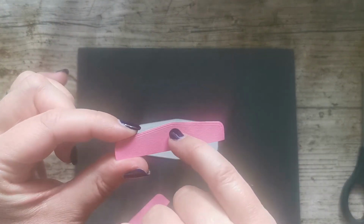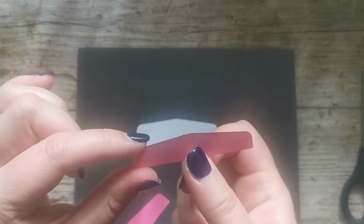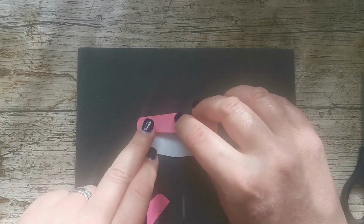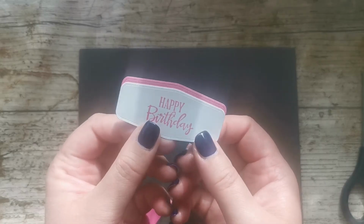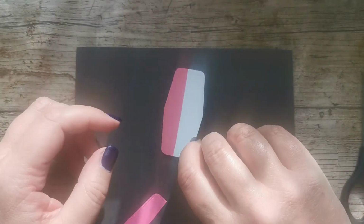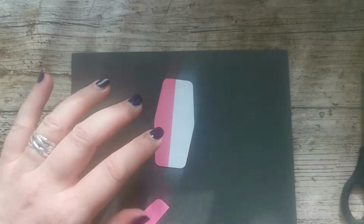Now with this beveled edge here, make sure that you have that showing on the outside. So you need to be sticking it down like that. Just do one at a time. Stick that down, then turn it around. And I've actually got that straight first time. So I'm not going to do anything with that other than just press that down and then do the same